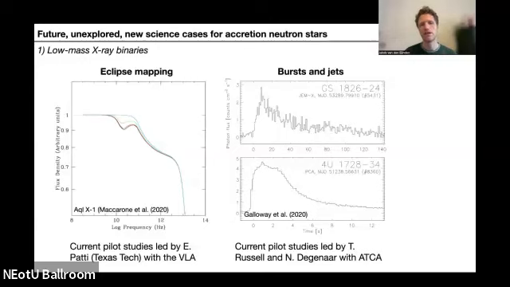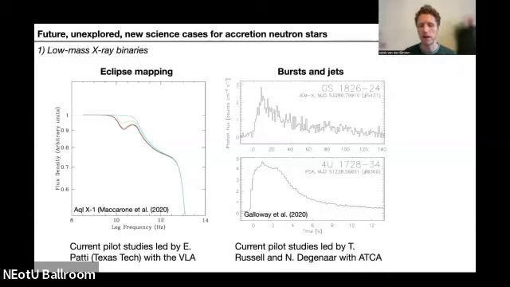But as I said, this is currently at the edge, really at the forefront of what's possible with current arrays, but will become much more accessible with next generation facilities. Another way to probe the structure and the velocity profile of the jet is to see how they respond to thermonuclear bursts on the surface of neutron stars. We already know that the inner accretion flow very strongly responds, and the question is what the jet is doing